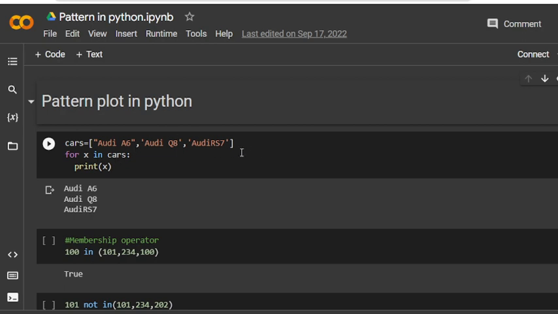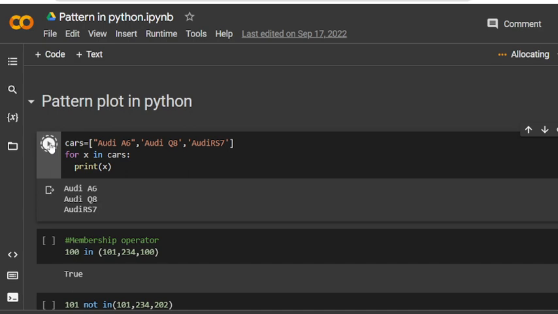Now I am using for loops. So for X in cars. X in cars means X is a variable. Now I want to print X. So let's see, it has been printed as a variable. So it has been printed as a variable like this. But what do I see here? Similarly, if